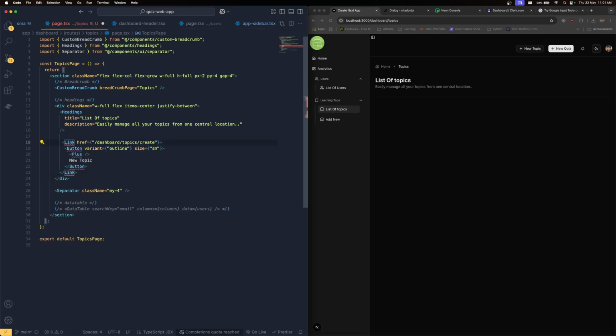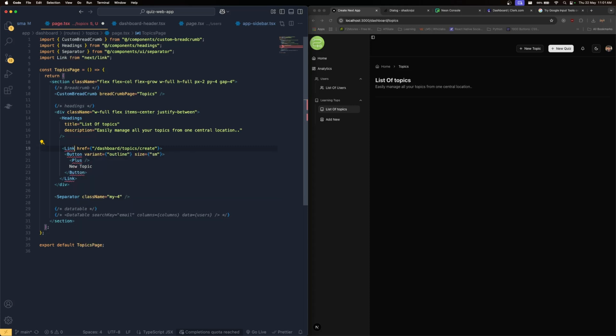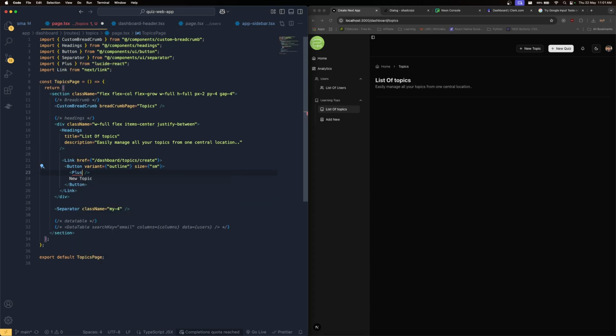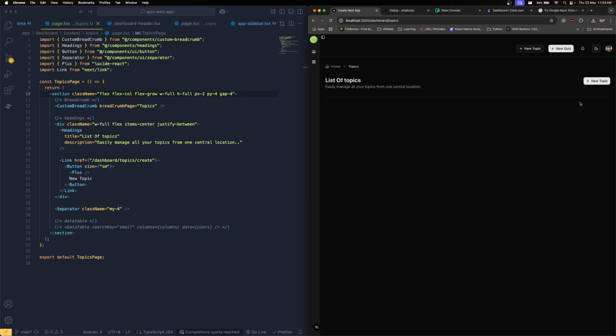Let me bring this one. Next link, button, close it, react. So save these changes. Now I should be able to see the same new topic over here. In this case, I'm gonna leave the variant as default, just like this. Either user can click directly from there, or he can navigate into the topics page and